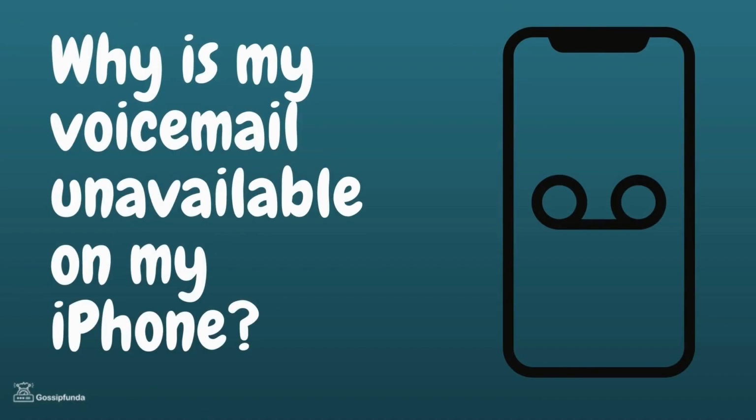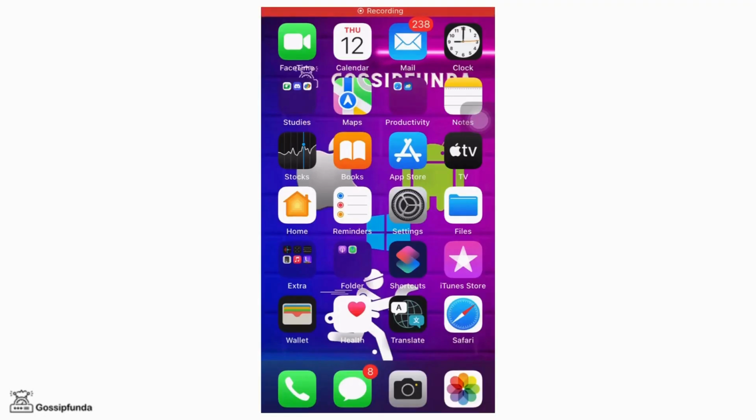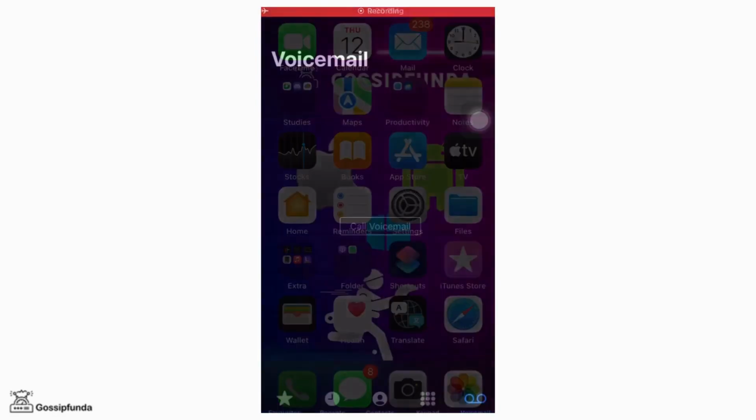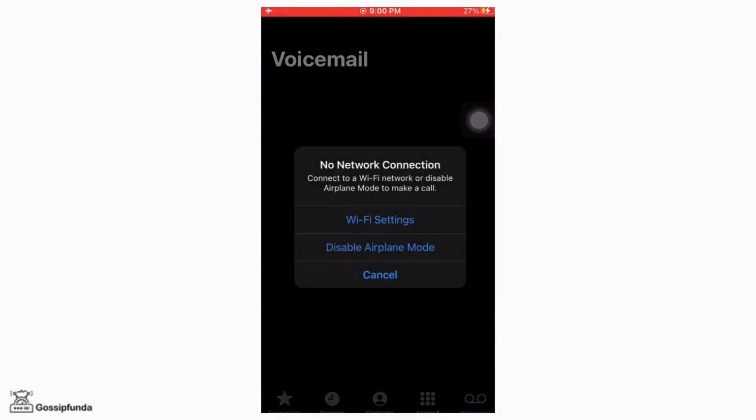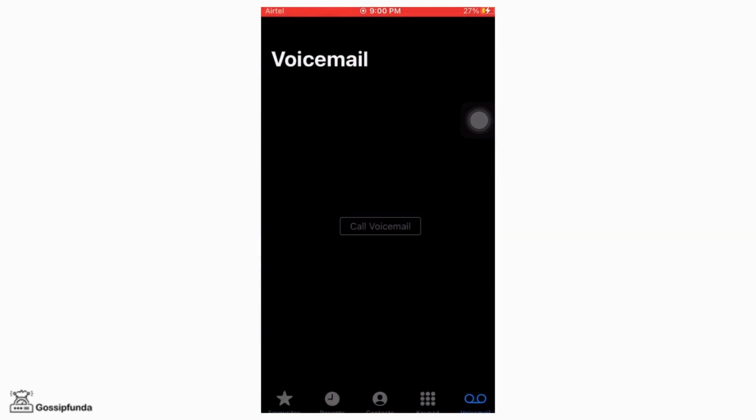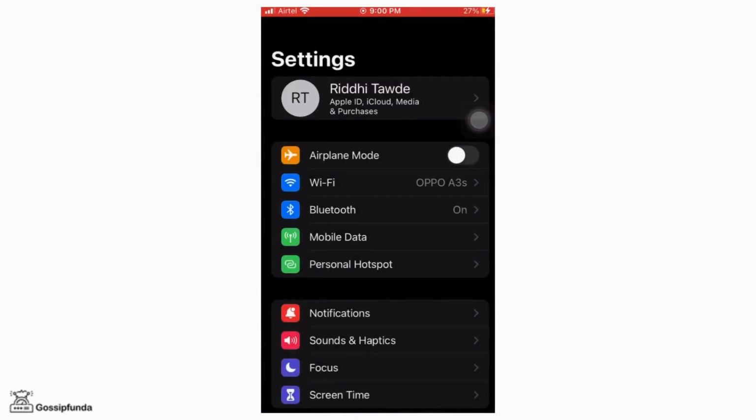Why is my voicemail unavailable on iPhone? To solve this problem, you have to go to your phone or contact section and click on voicemail. Now, since my phone was on airplane mode, you have to remove the airplane mode and then try calling the voicemail. In my phone, the voicemail is working, but if in case it is not working, these are the few